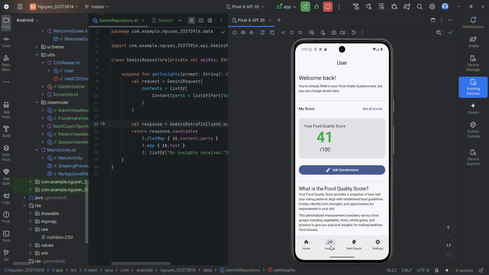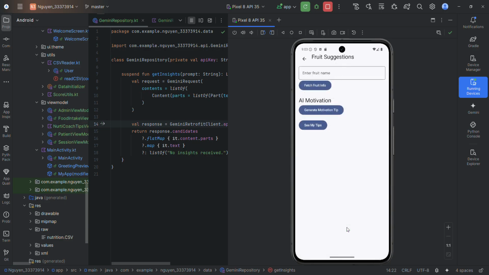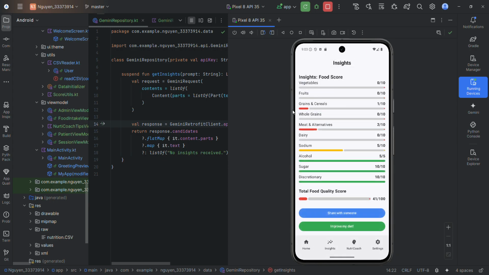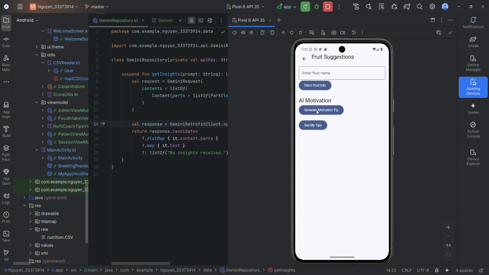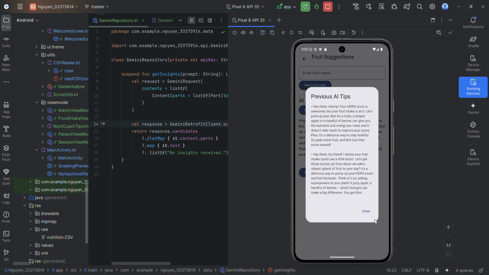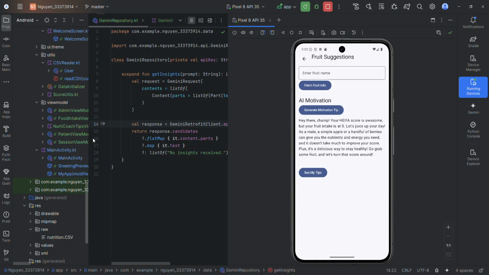Alright, so I will jump to the Improve My Diet app. Alright, AI motivation here. Okay, so I will generate a motivation tip. Hey there, Cham, your high score, and see my tip here. It will generate a response